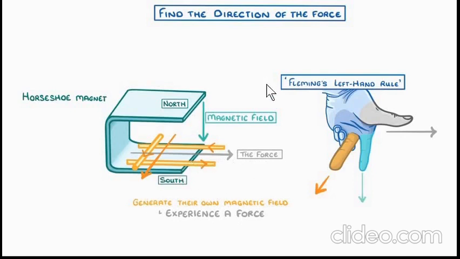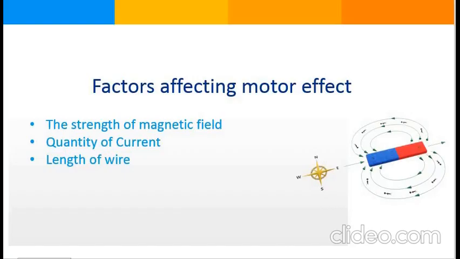What we learned is that the direction of the force depends on two quantities. If a free moving conductor is present in a magnetic field and current starts passing through it, it will experience a magnetic force. So we have discussed enough about the direction of this motor effect, that is, in which direction the current carrying wire present in a magnetic field will move, and that we can determine by the left hand rule. Now we are going to discuss the factors affecting the motor effect, that is, how we can increase or decrease this motor effect.